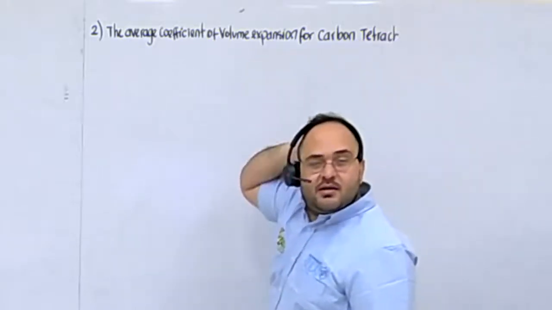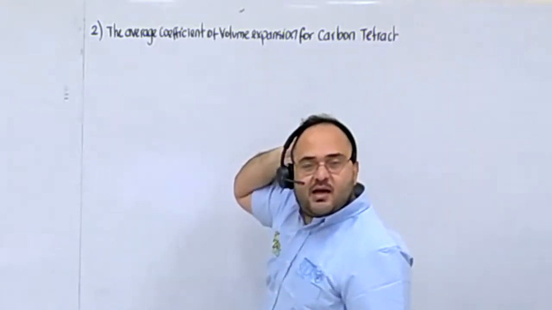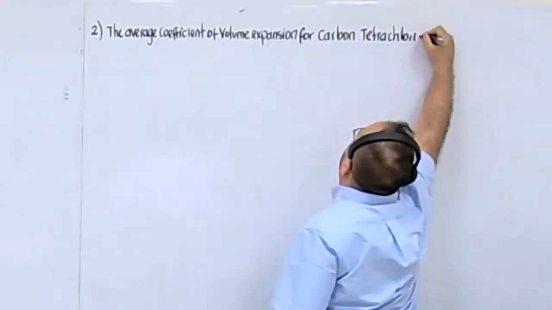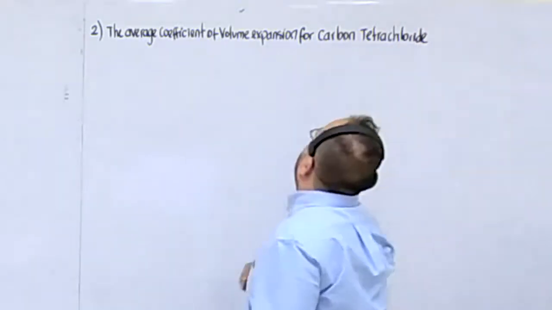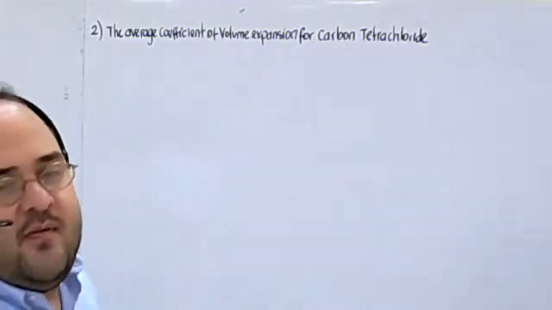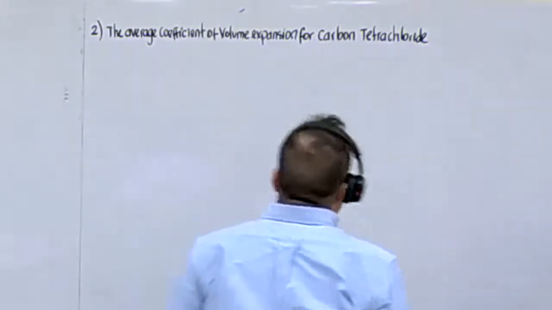Tetrachloride. Yeah. Okay, tetrachloride. Okay, is 5.81